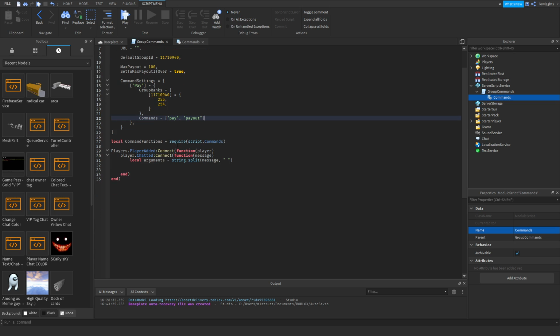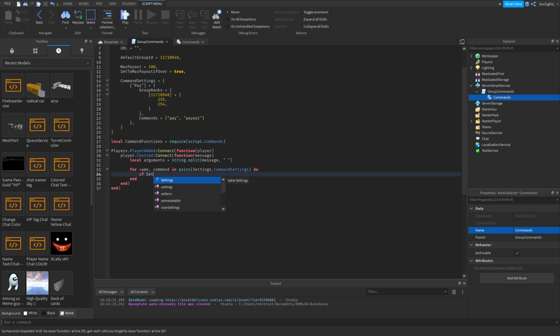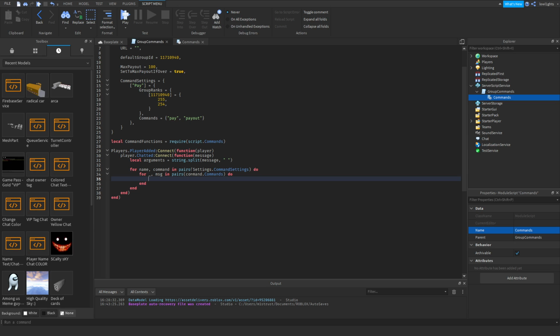So then when they send their command, we want to see if they sent a command. So we're gonna go for name, command in pairs settings.command settings do if settings.prefix. Oh, I messed up here. Delete that, and you can just have for msg in pairs command.commands do. So this is going to search each of these, and we're going to check if what they said is